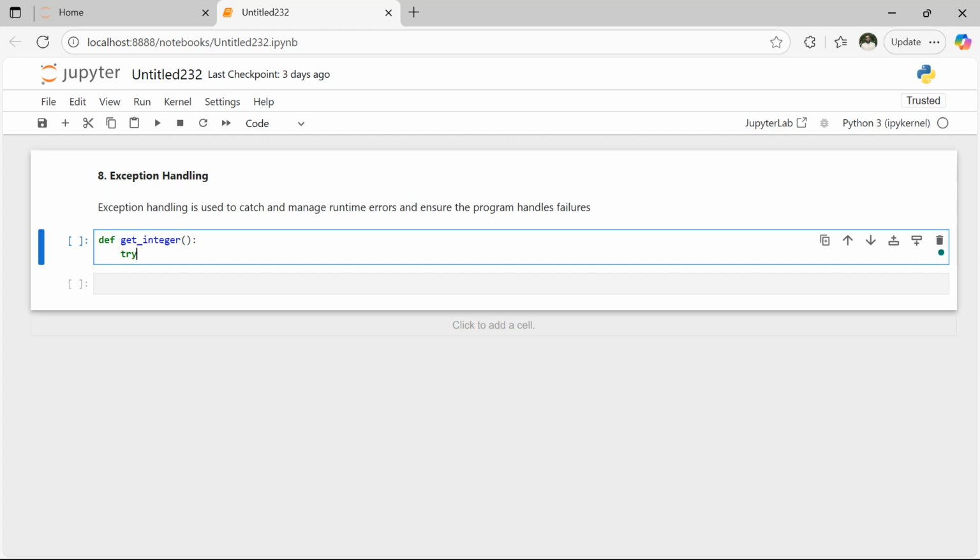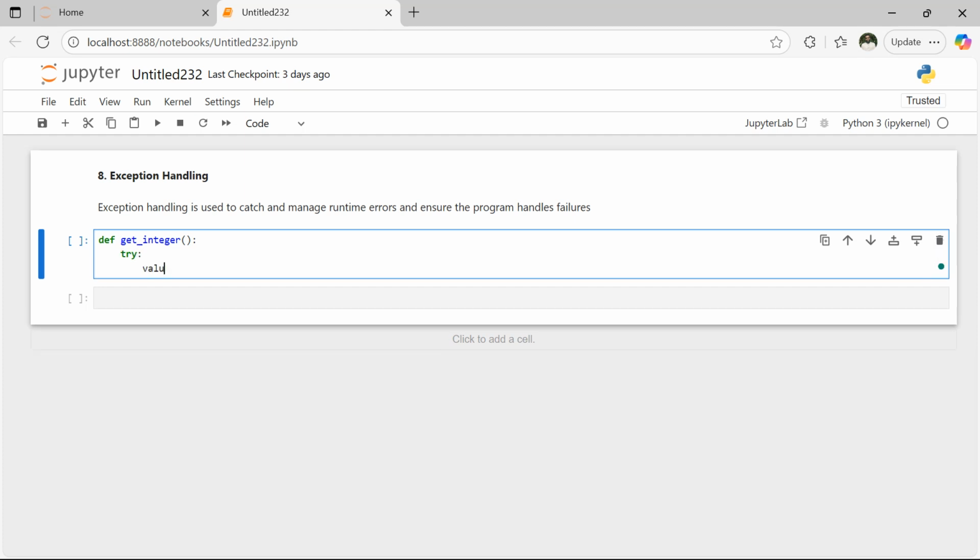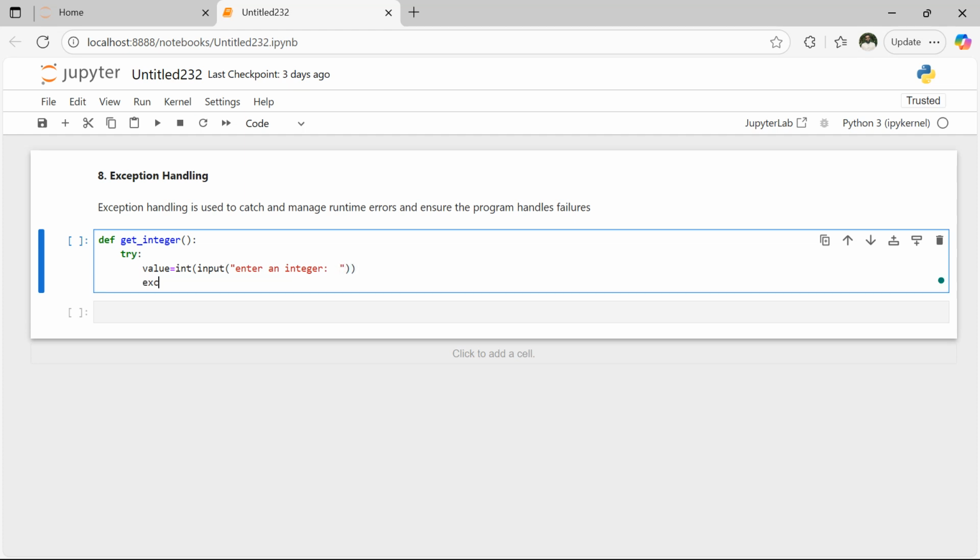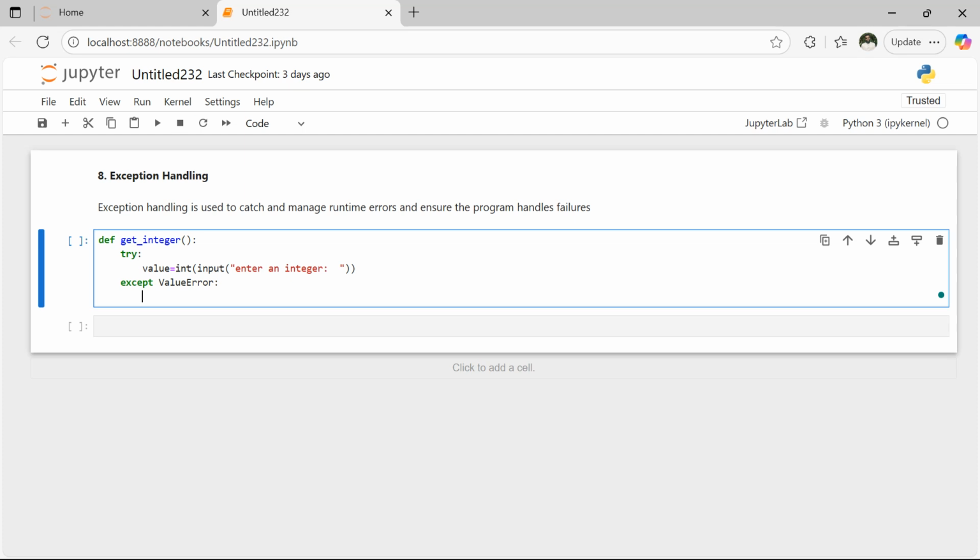So we now say we should try. So now we have a variable. So we're capturing integer information. So this input would allow the user to insert certain information. Okay. So now we ask the user to enter an integer. Okay. So let's have a space. So after getting the integer, let's say except ValueError. So now we print